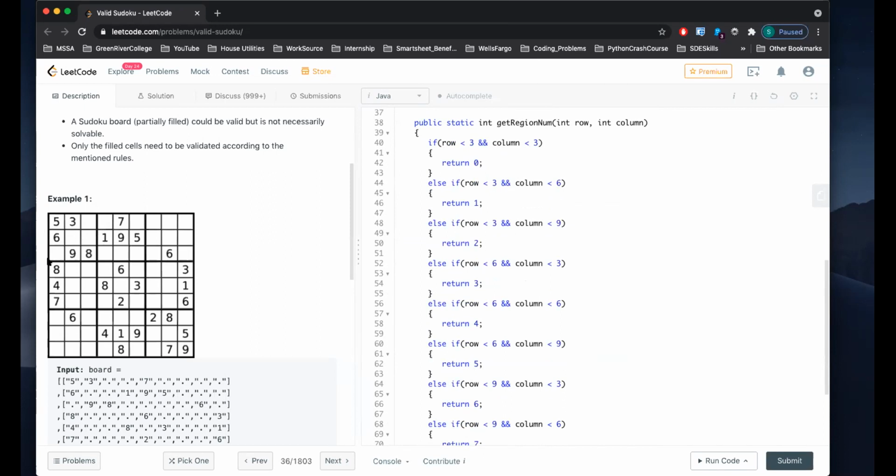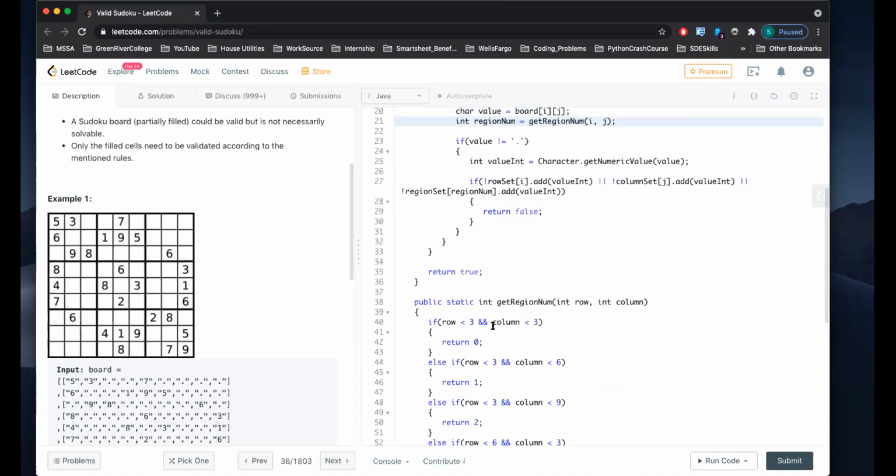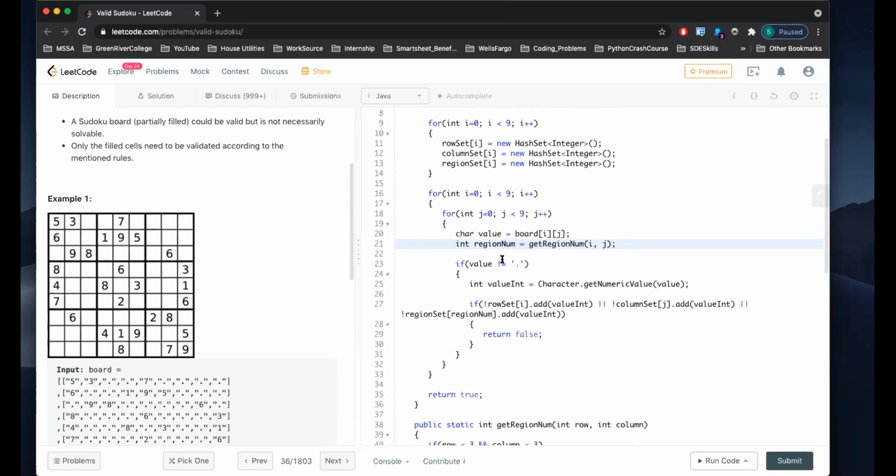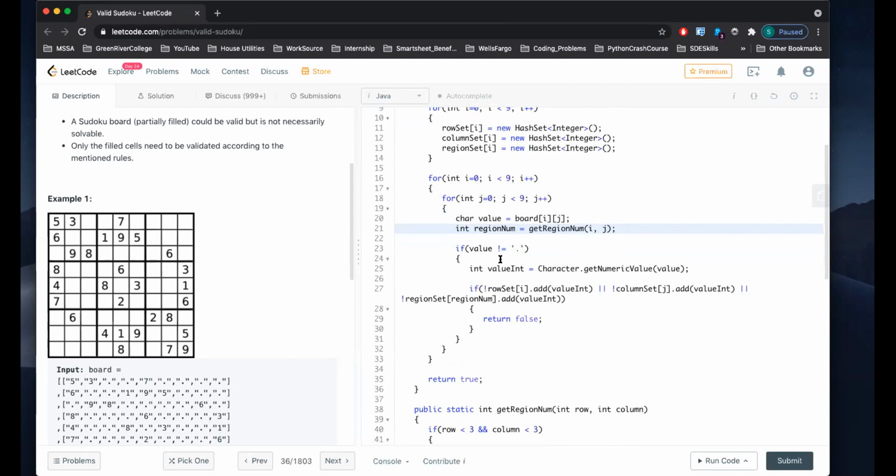If row is less than 3 and column is less than 6, then give me 1, and so on through 8, the same logic. It actually is pretty straightforward, and we don't tend to make any mistakes there. Yeah, I like that. This is easy to remember, easy to come up with in the interview, right?